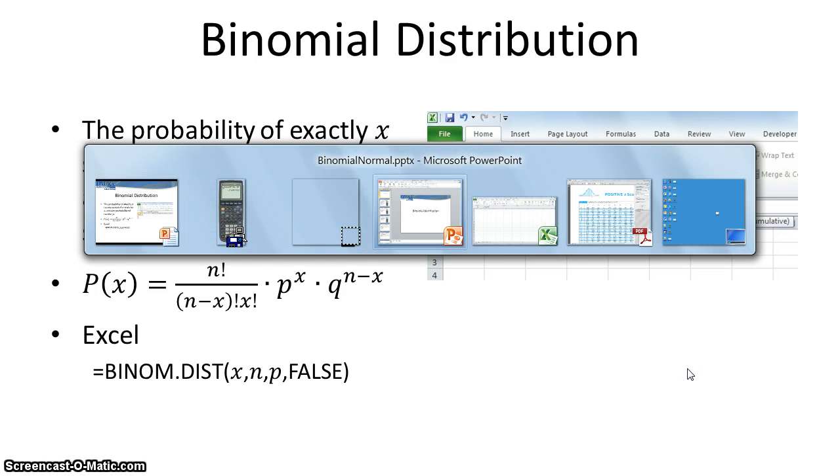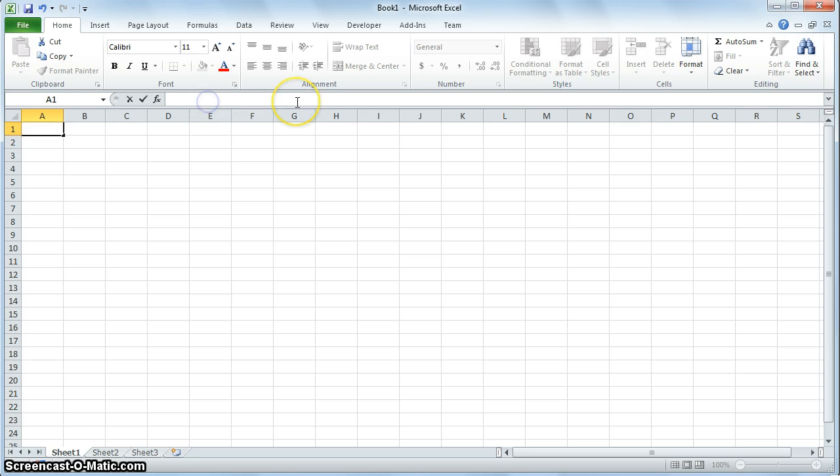So within an Excel document, if I were to type in equals and start typing in the functions, you'll notice right off the bat, I see the binomial functions that are available. If I select the first one, B-I-N-O-M for binomial, dot distribution, D-I-S-T, you can see it has the arguments of the function listed here. The number of successes, the number of trials, the probability of success,